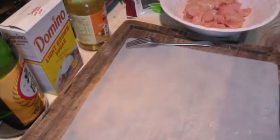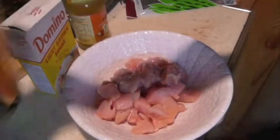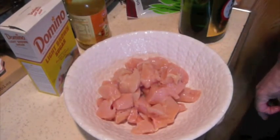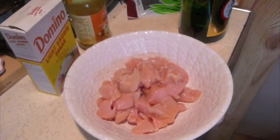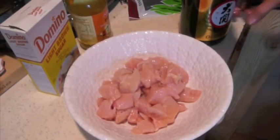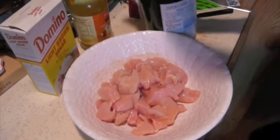I'm gonna wash my hands again. Now, these chicken pieces are going to get marinated. I'm going to marinate these in sake, salt, and pepper. So, as usual, I'm extremely organized here. I didn't even open this sake yet. How do you open it? You just open it like this. Okay, good enough. And then, what we're going to do...